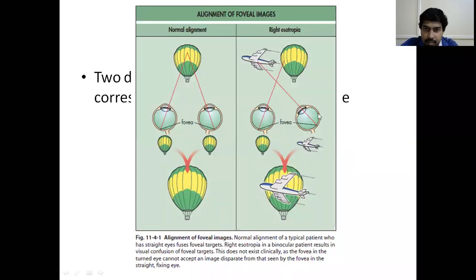Now if you want to have confusion in a squint, suppose there is an abnormal retinal correspondence, and here this is the point corresponding to the x, y, and z coordinates of this parachute. If you project an image of this airplane here, then the brain will get confused. So that is about confusion. Don't worry too much about this. Just read about diplopia. Diplopia is monocular or binocular. Perception of a single image as two is called diplopia. Confusion is when two corresponding points get two different images.